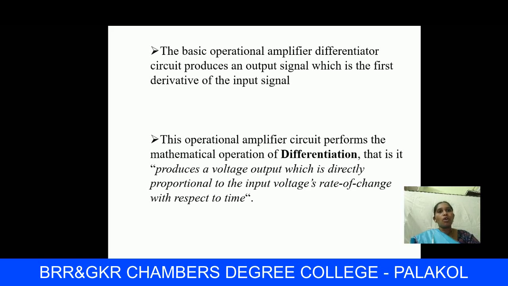So it is called differentiation. That means an operational amplifier circuit performs the mathematical operation of differentiation. That is, it produces a voltage output which is directly proportional to the input voltage's rate of change with respect to